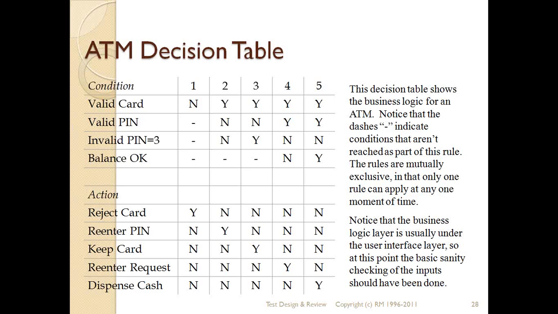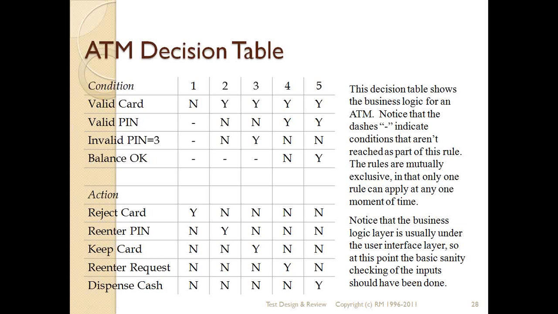Is the sum of two sides greater than the third side? That becomes my one condition here. The second condition will be whether all three inputs are integers, and whether they are positive. Then, if everything is okay here, my third condition will be isosceles, equilateral, or something, you know, all three sides equal. And actions will be either error, isosceles, equilateral, or scalene for the triangle, if you know that